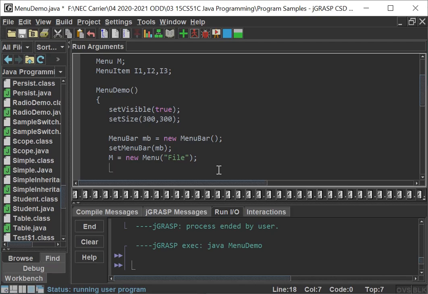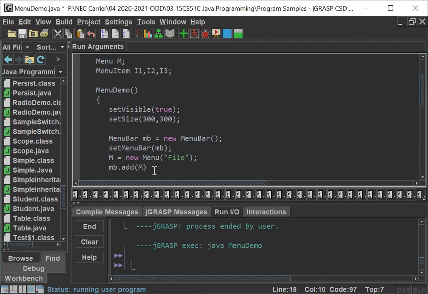For that what I have to do is we need to add that menu. Add menu. I have added the menu. In which area it has to be added? In the menu bar, so I have utilized the reference variable mb here, mb dot add of m, where the menu will be added in this particular menu bar. Clear? Are you clear, guys? Okay, so next we can move, right?